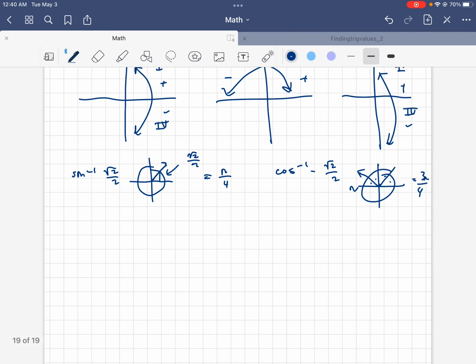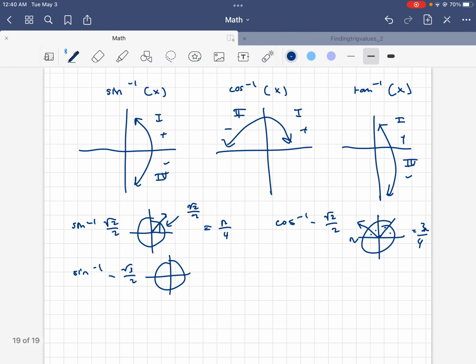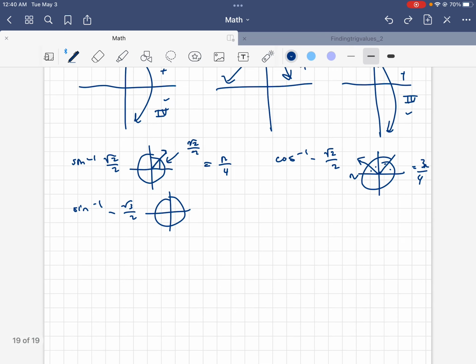Anyways, moving on. Sine inverse of negative square root of 3 over 2. So referring back to this, it's going to be down here. We need to find the angle where the opposite is negative square root of 3 over 2. So I don't know if this is very useful, but